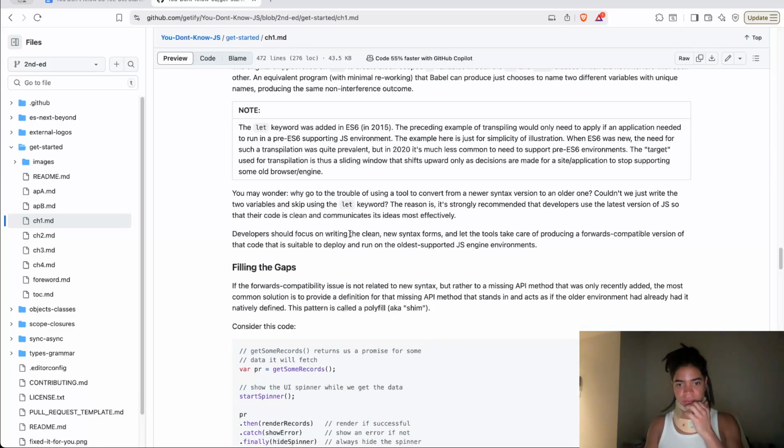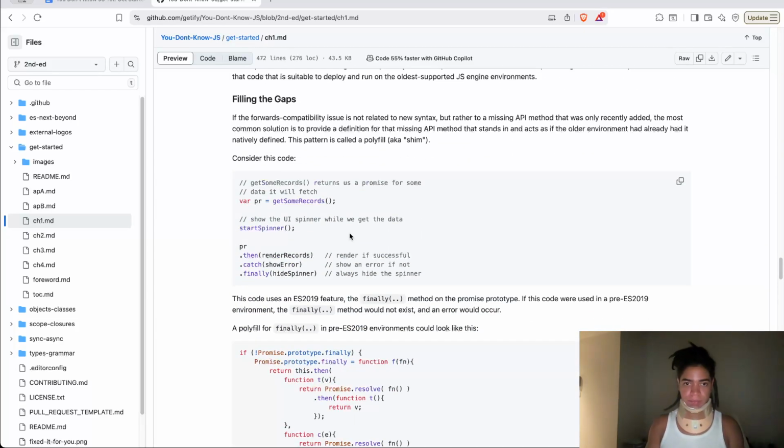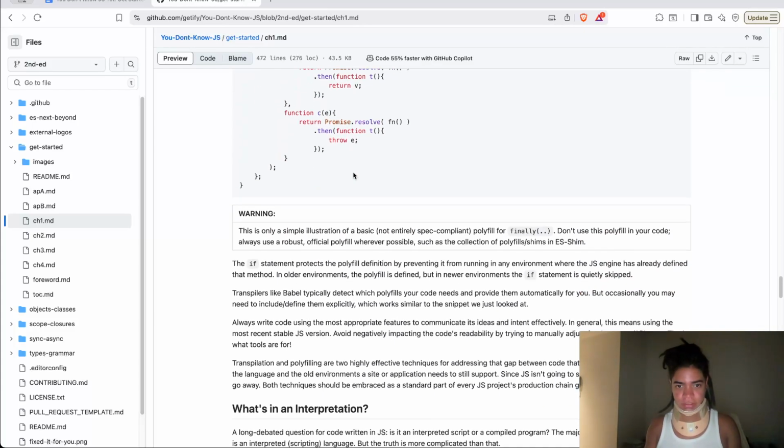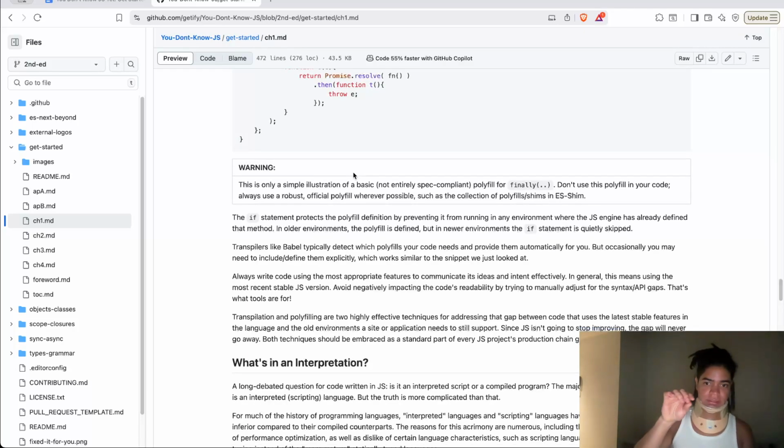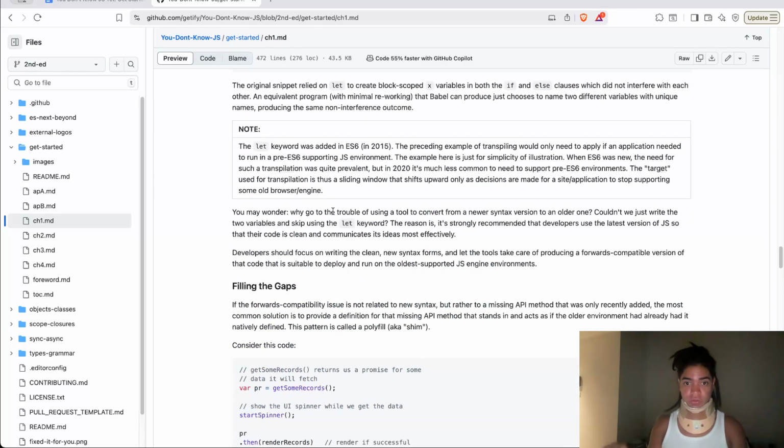So the polyfill, aka shim, is just a way to provide forward compatibility. This pattern is called a polyfill, aka shim. Okay. So if you want to provide backward compatibility, as well as forward compatibility, we use those polyfills or shims in our code